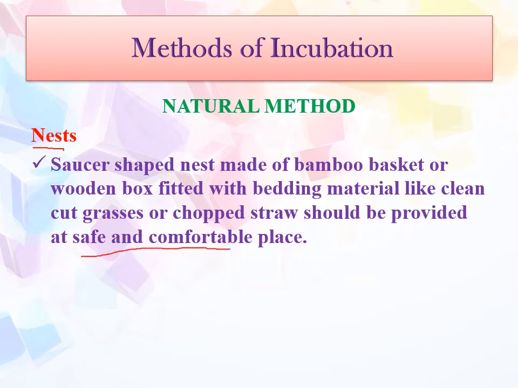So what happens in this natural method, generally, as I said, in backyard poultry farming, whenever the fertile eggs are there, they are collected and put into the nest. In the backyard poultry farm, you should have the nest in which we will put the fertile eggs. On the floor of the nest, first you should keep some litter material, and then the fertile eggs are kept on that, and then the broody hens are put into the nest